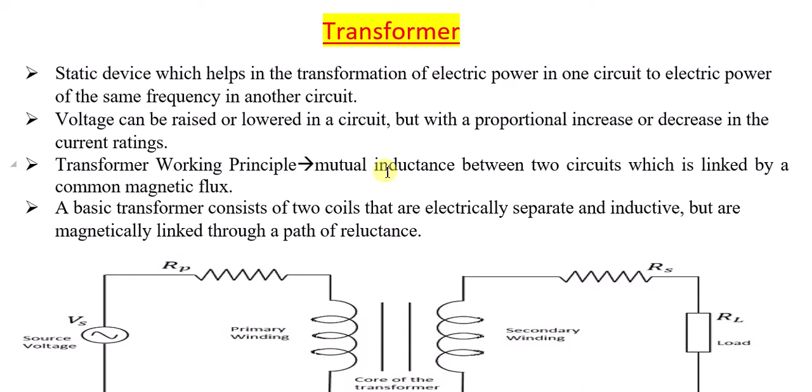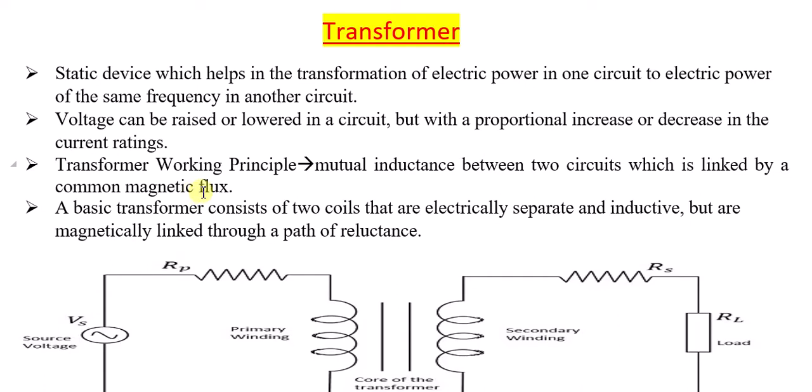Mutual inductance has a separate tutorial, and magnetic flux I have also discussed in a separate tutorial. So please do watch those videos, but for the time being I will just tell you in brief. What is mutual induction? If the inductance occurs between two circuits, then that particular inductance is nothing but the mutual inductance. And magnetic flux is like a flow. Flux means flow, so it is like the number of imaginary magnetic field lines passing through a surface area. I have covered this in detail in the previous session, so please do watch it and it will be more clear.